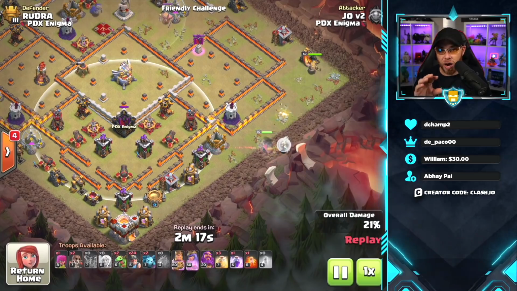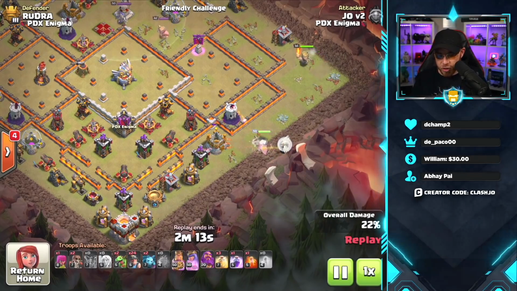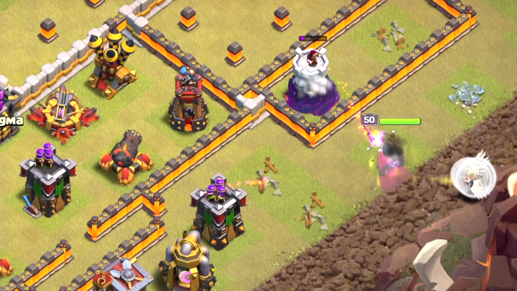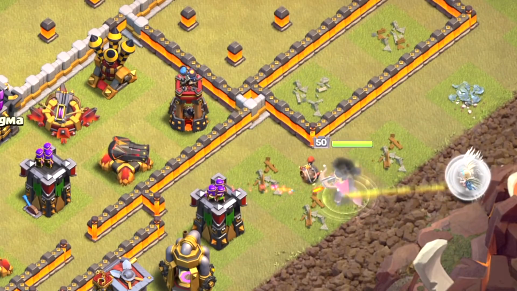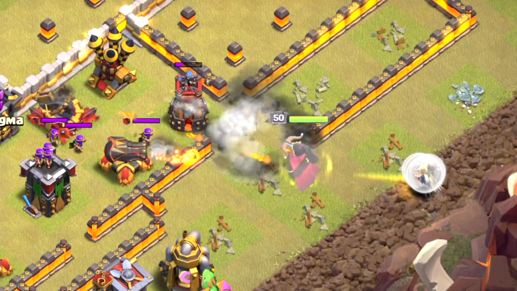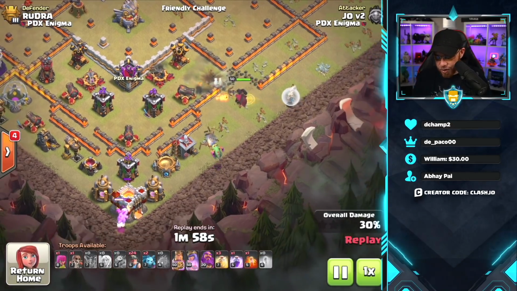Queen is going to take on an elixir collector or storage, and then we're going to wait for this archer tower to target our queen before we drop those healers, because we don't want them going with the king. We want them to go with the queen instead. So super wall breaker is going to be dropped to open up the compartment for the queen, start drawing the clan castle troops out. We got a couple of archers,